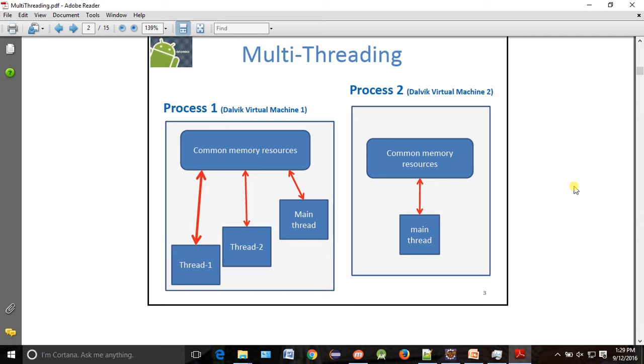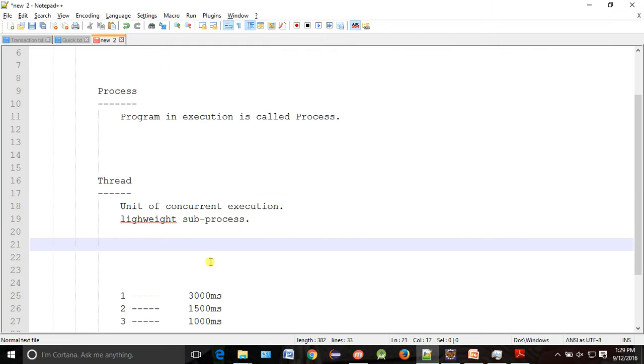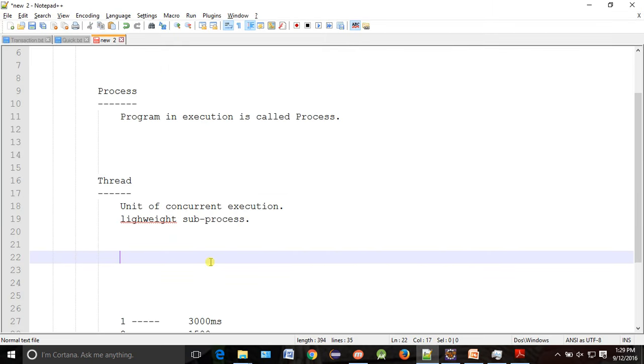Very important, one of the differences you can find out, try to understand. One process can have many threads, but one thread will have only one process. It cannot have many processes. Were you able to understand what I talked about? Note it down over there. So what is the difference between thread and process? One process can have many threads,